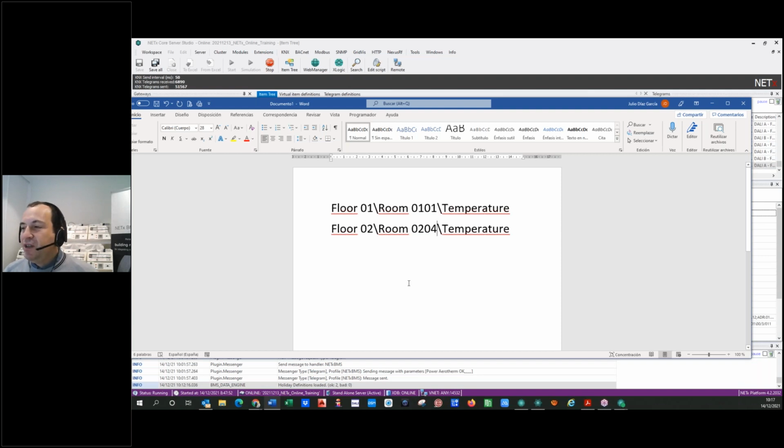So what is changing in these items? This is not changing. This temperature is always the same. What is changing is this. This is the name, the number of the floor, for example. And it was my decision to number the floors. Very simple. And it was my decision to number the rooms. The room number includes the floor number again. So